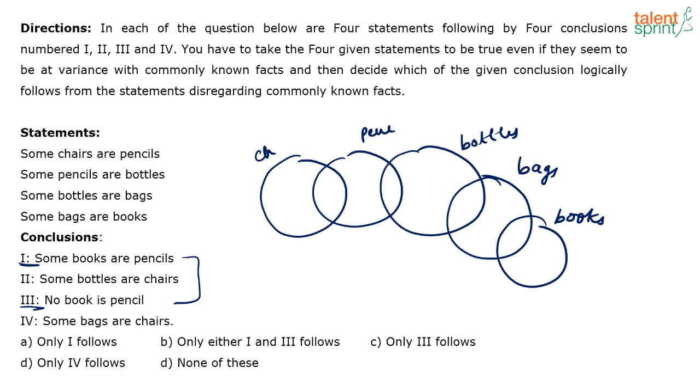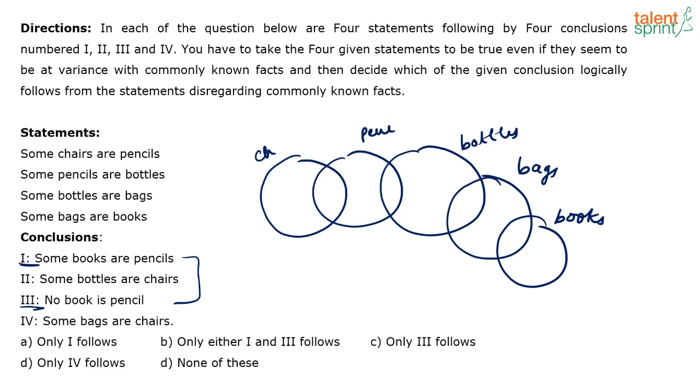As I said, we generally have two complementary pairs that will come. One is some and no, the other is all and some not. So here you have no and some with the same set of variables. Keep that in your mind, okay? They have given no book is pencil, some books are pencils. The variables are the same, books and pencils. Here no, here some. So it's a complementary pair. Similarly, if it is all and some not, like let's say all books are pencils, some books are not pencils. That is also a complementary pair. So generally you have two sets of complementary pairs when it comes to syllogism: some and no, and all and some not.